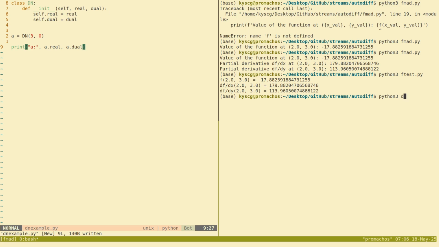I hope this works. I've not done this stuff in a while. Yeah, it does. Why shouldn't it? So now this is how you have a dual number,